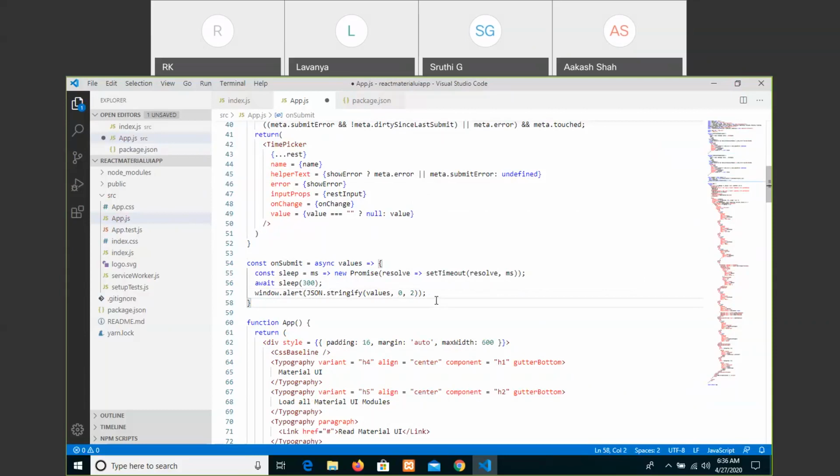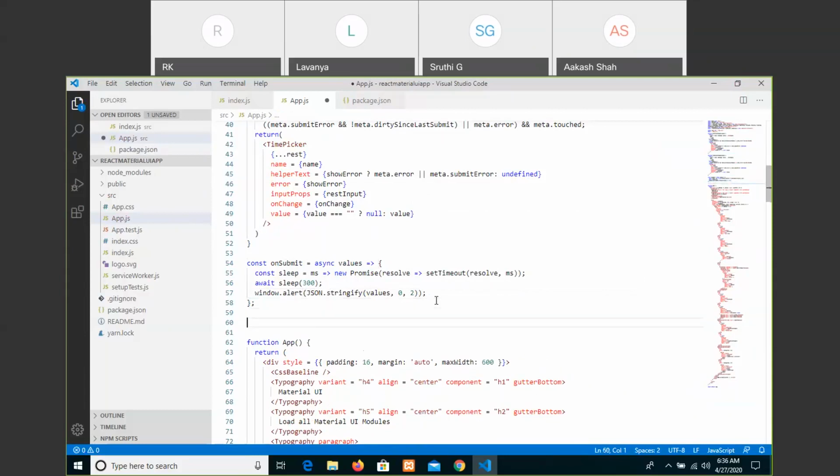After that we have to validate the fields of first name and last name.